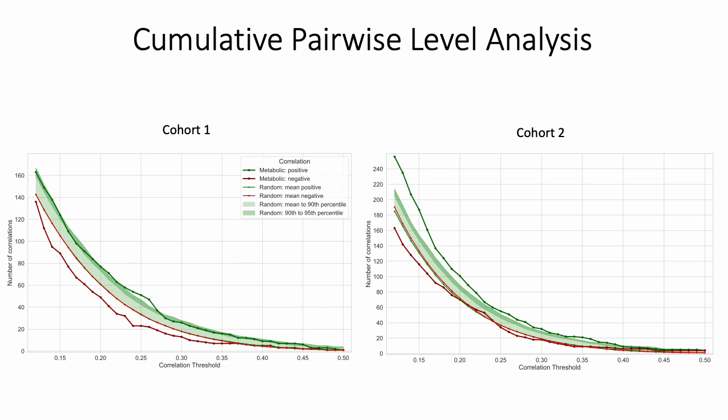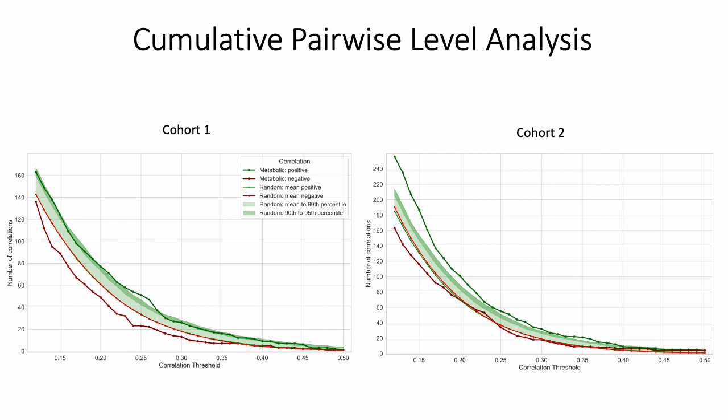The shaded green regions were from 1,000 randomly selected samples of similar composition and size to the metabolic modules, showing how often the 95th percentile and 90th percentile regions were